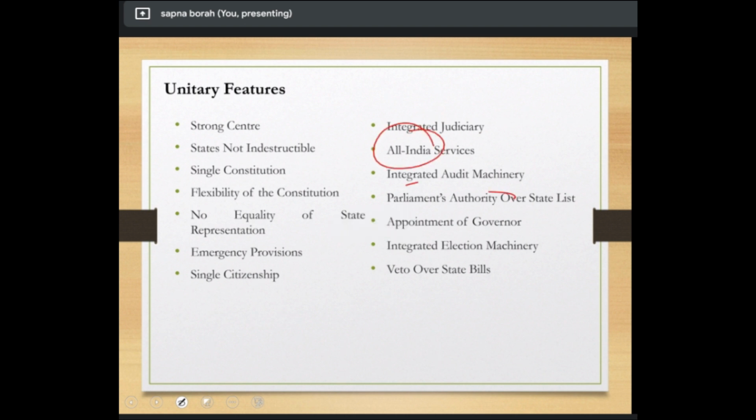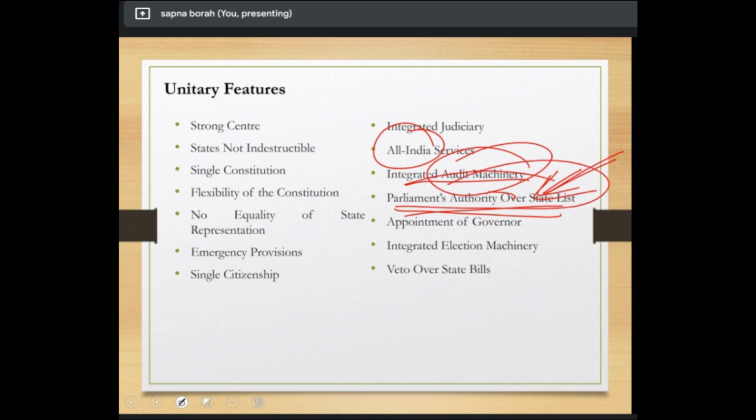Next, integrated audit machinery. Audit means the accounts audit, the normal audit, which is integrated from the center. Then parliament's authority over the state list: the Rajya Sabha can give a resolution. This is a unique point which we'll do in the next slide. There is an Article 249, so if the Rajya Sabha passes a resolution, then remember,